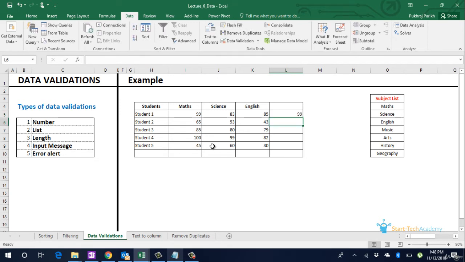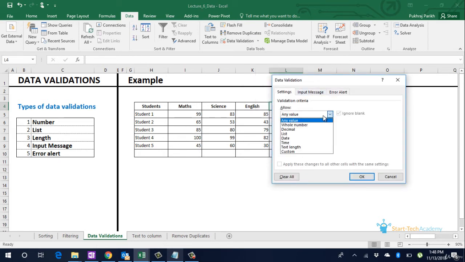Similarly, for the name of subject, if we have a fixed list of subjects, we can give a list validation. To do this, go to that particular cell and click on data validation. Now in allow, select list.